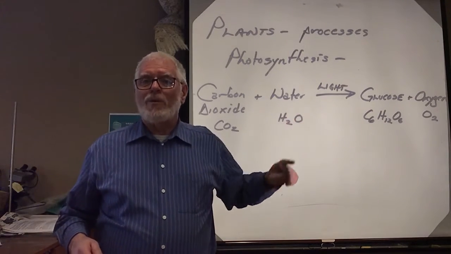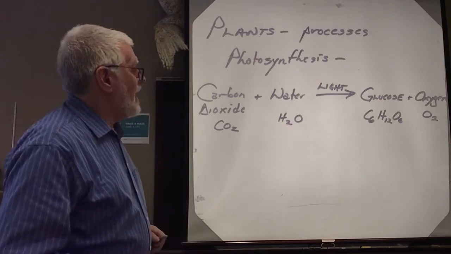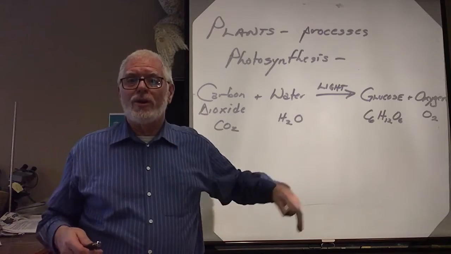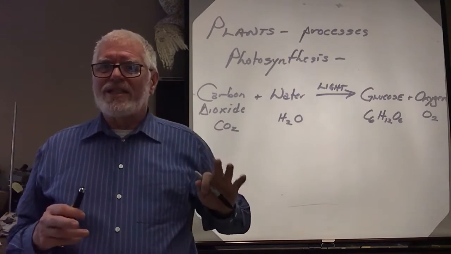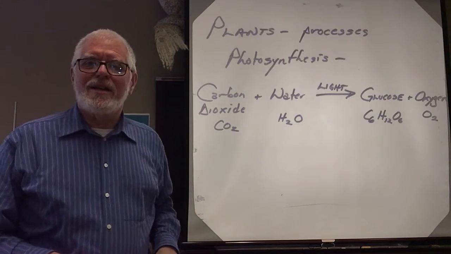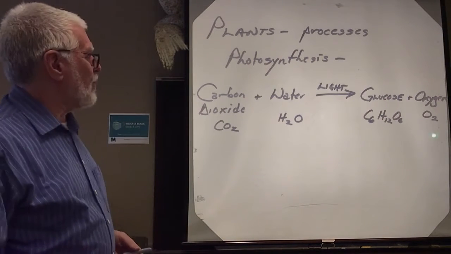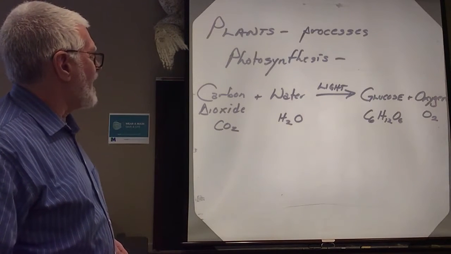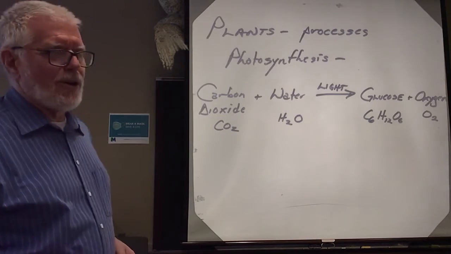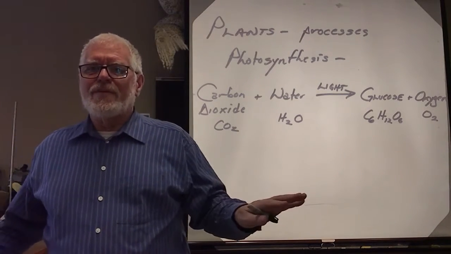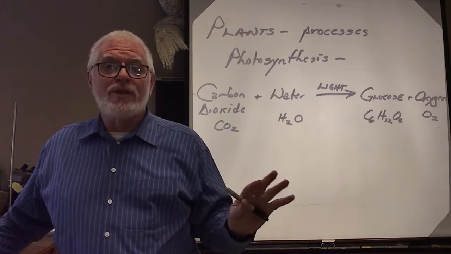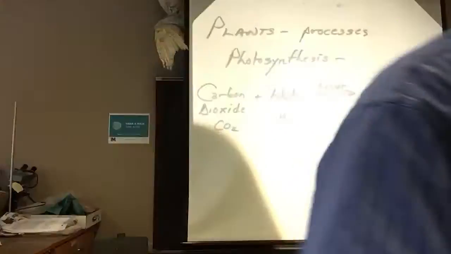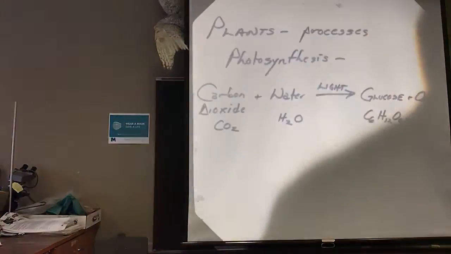Now the process going backwards, what they call aerobic respiration, is what a tremendous number of living things do. The plants do it when they need to use the sugar, animals do it. There are other ways to get the energy out of here that don't use oxygen, but largely aerobic respiration is oxygen plus glucose produces water and carbon dioxide. And the energy that used to be in here is mostly siphoned off into another molecule that's a much more usable energy molecule that we're not going to get into, because that's not what this course is about. But in terms of plants,